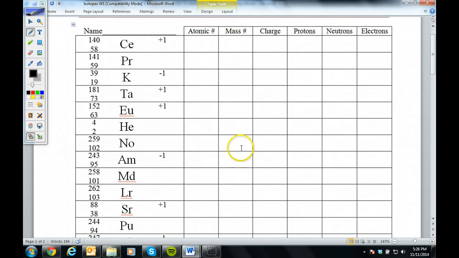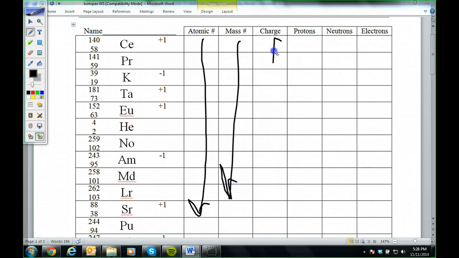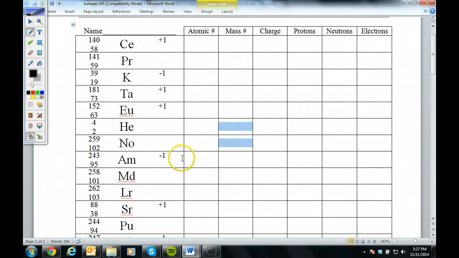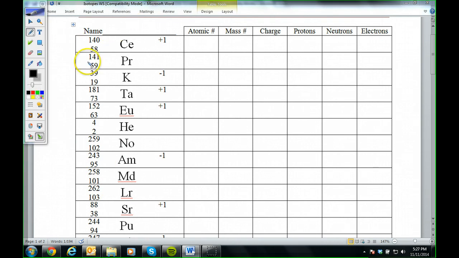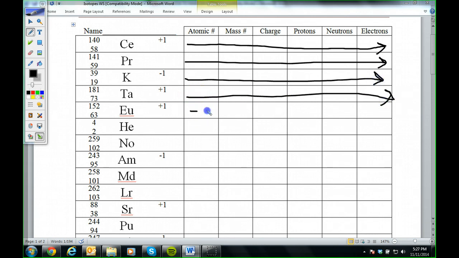So I don't want to give away any answers. The one thing I absolutely beg of you, do not do this just to get the worksheet done and do all the atomic numbers, all the mass numbers, all the charges, all the protons. You will never ever get a list, except for this worksheet, where you do all of these in this fashion. Normally what you're going to do is you're going to get a problem like this, and then we fill it in this way. So as you do this worksheet, go across and do each row,